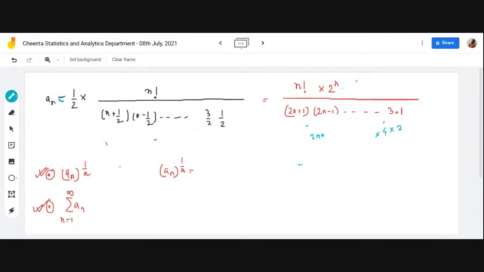Did you understand this, Madhav? Yes, sir. So here, similarly, we'll multiply it above with 2n into dot dot dot till 2. So what we'll get over here? We'll get n factorial into,